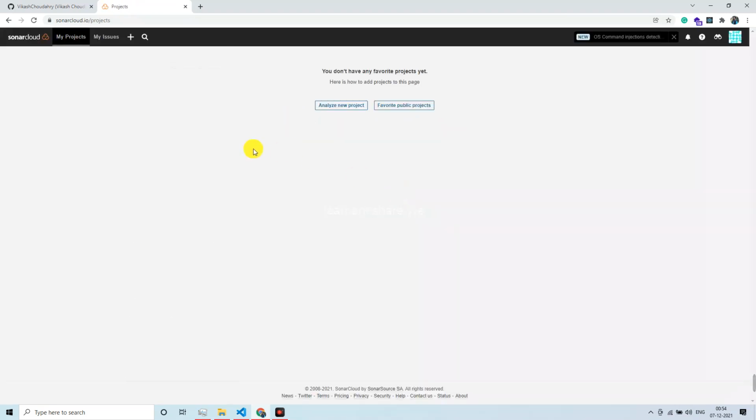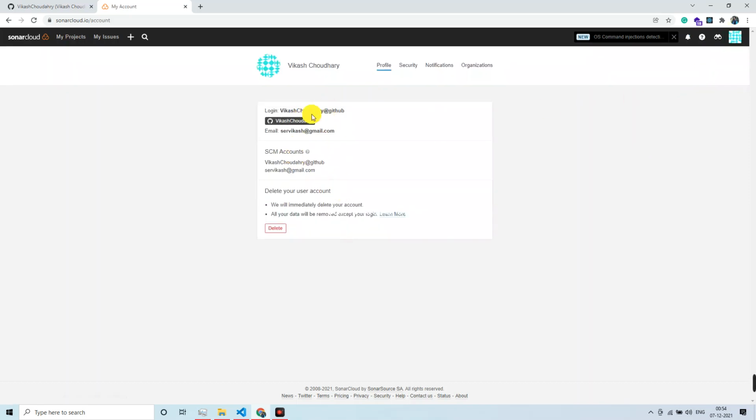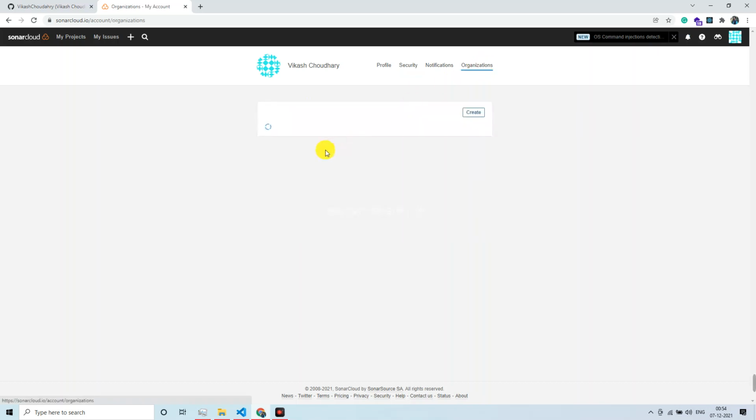And as soon as we do this, we should land on this page where we don't have any project or anything to configure. We're yet to configure that, right? I'm sure you are also seeing this page when you are performing these specific steps. And if you go to my account, you should see the necessary details like GitHub profile name, ID and everything. And if you go to organization, you should see a blank organization because we haven't created the organization yet.